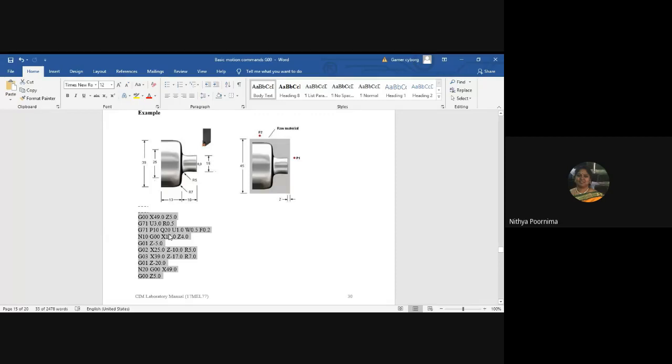Any doubts in using the G71 command? Do you have any doubts? Boys, any doubts?